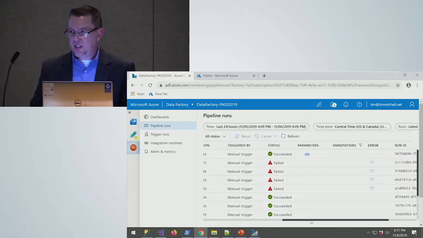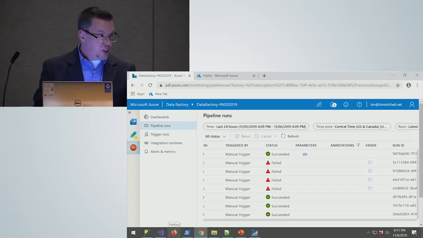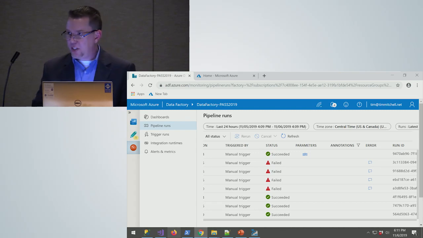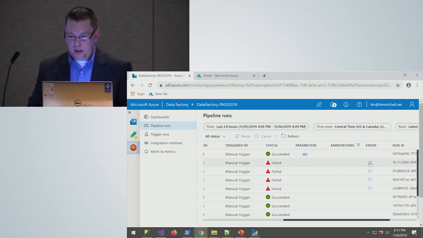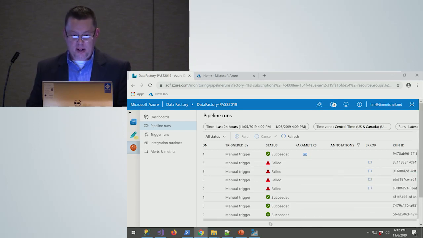This is a double-edged sword, where you get a little more brief information when you go through this portal to see what's going on. You don't get the same level of detail that you get when you look at the SSIS logs. But when I click on this one failure, I get just the one error message related to that. If you've ever gone through the SSIS error log, you might have to go through 5 or 10 or 20 different messages to find the one that's really at the root. This one will tell you very quickly what the issue is.